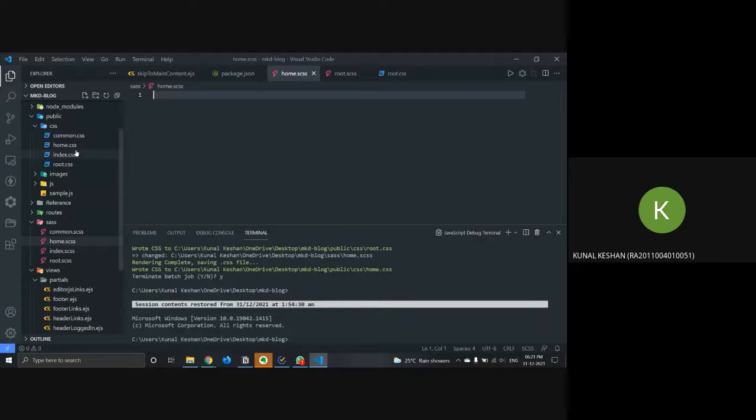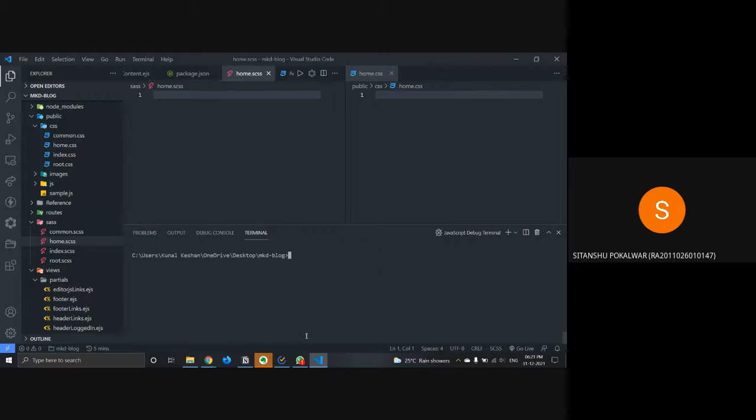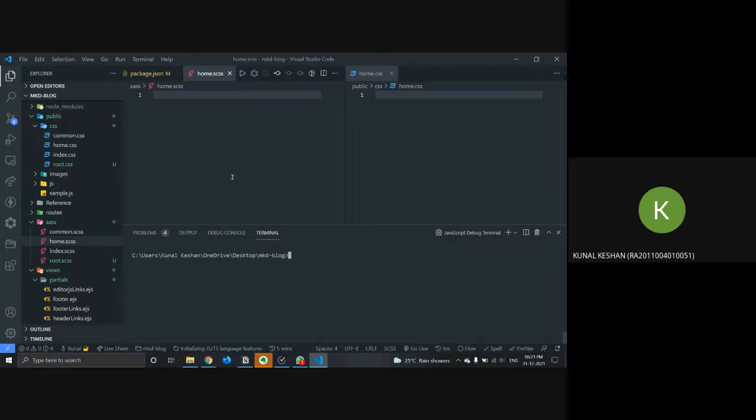Any idea what it is? Kind of a CSS, right? Yeah, it's an extension language basically. Exactly. So you can add logic to CSS. That's the main idea, logic, and it makes your CSS easy to write.